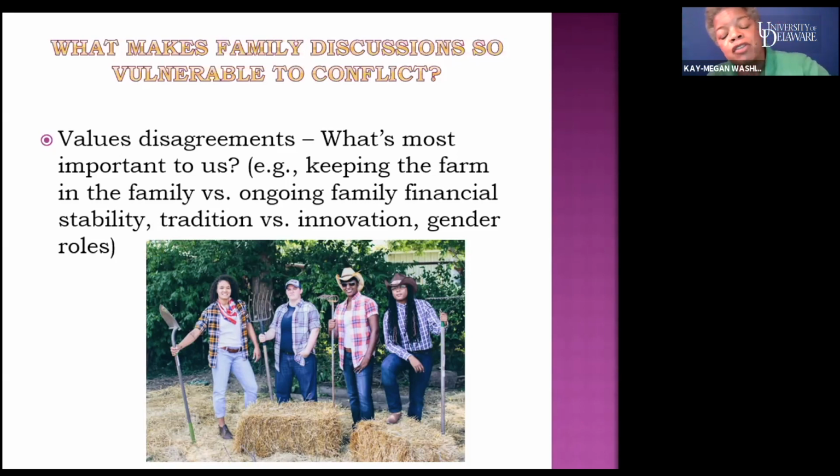I pulled the picture in this slide from an article in one of the agricultural journals. All of the people in this picture here, all women, and a lot of them are women of color, and increasingly, this is the face of agriculture in America. This is not what people tend to think of when they think of farmers in America. But increasingly, these are the larger numbers of folks that are coming up.